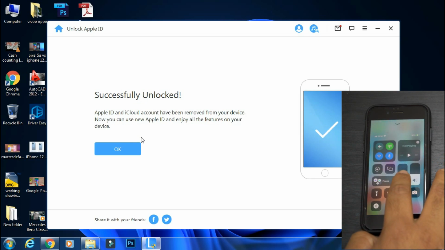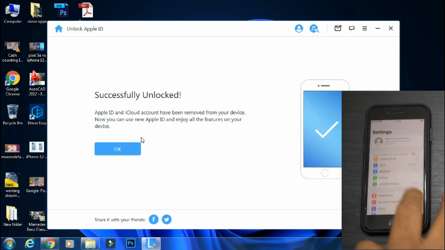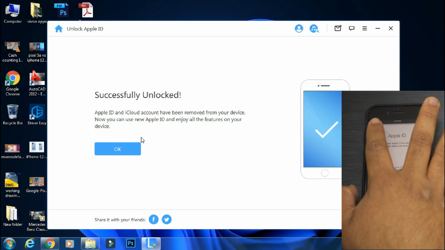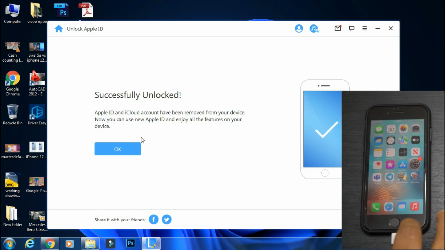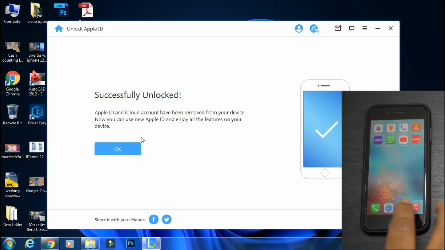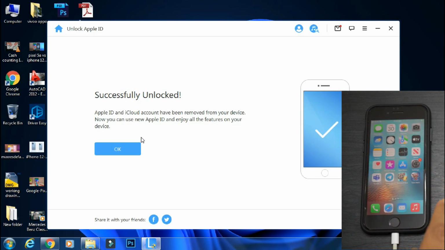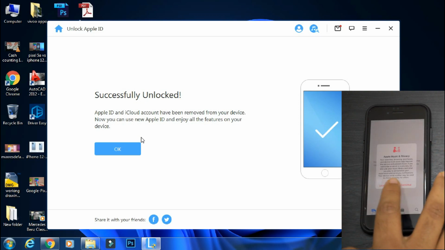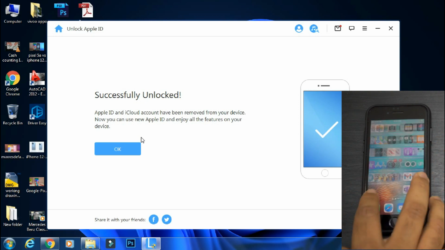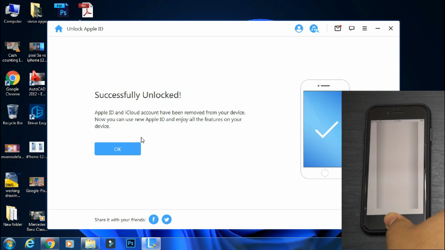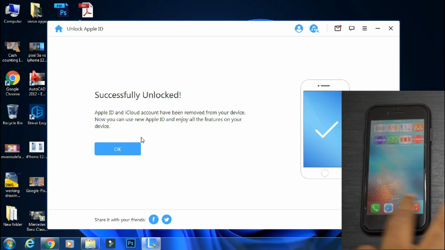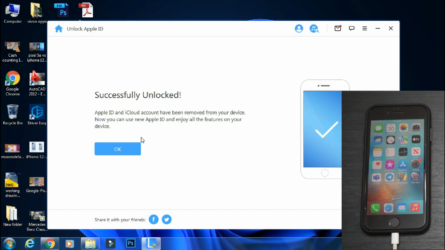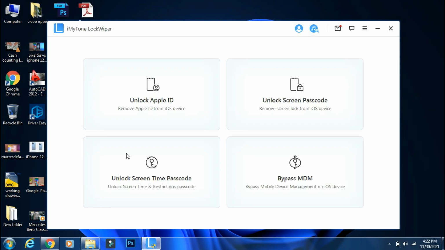After the setup, we are finally back to the home screen. And if you check my iCloud settings, you can see the associated Apple ID has been removed completely with the help of the Lock Wiper app. The phone was not wiped out completely, as my Wi-Fi password and some apps are still there. Some data like photos and videos have been wiped out, but third-party apps like WhatsApp still have data in them. As you can see, the chats are still there. So the phone has not been completely wiped out, which is a good point. So you can use the Lock Wiper app to remove the Apple ID from any iPhone in just a few clicks.